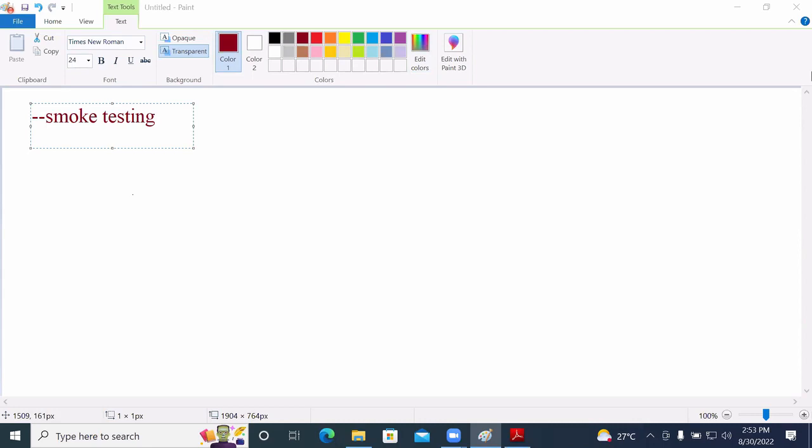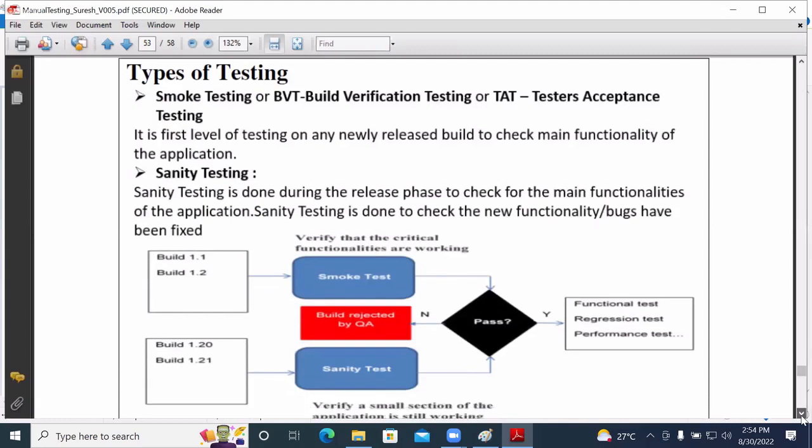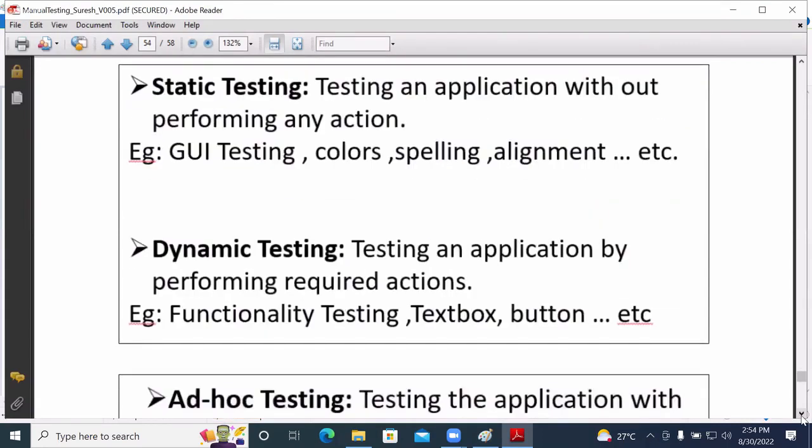In a similar way, we have static testing. Meaning of static testing? Doing the testing without performing any kind of action. Then we have dynamic testing.